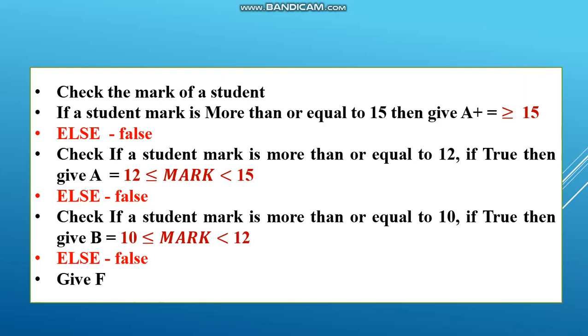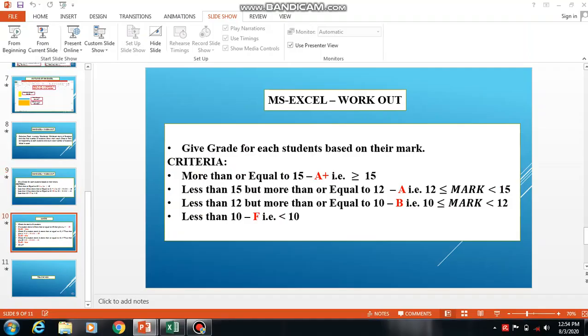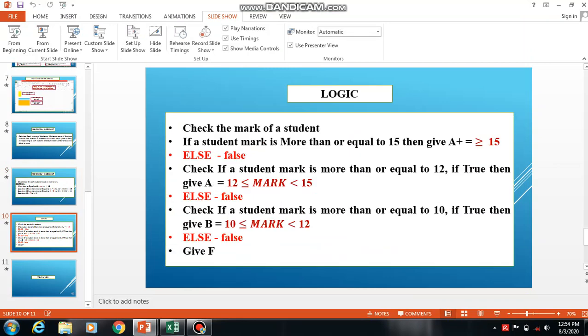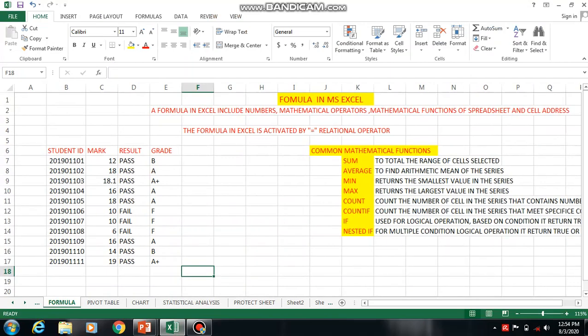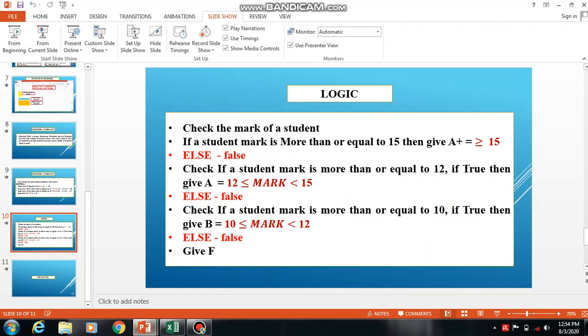So this logic we want to apply in the formula. How to apply it? Here we are checking conditions, that is, an if condition. If a statement is true, then give A plus, or else check the next statement, and if true, give A. Otherwise check like this.